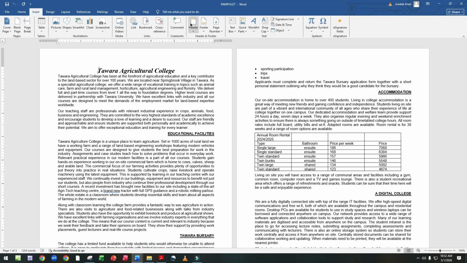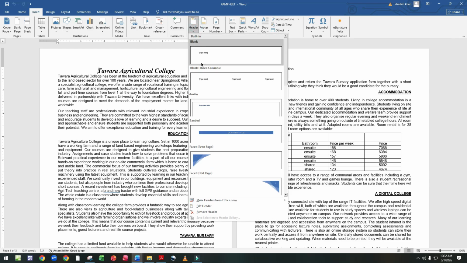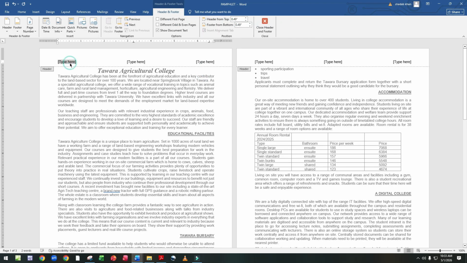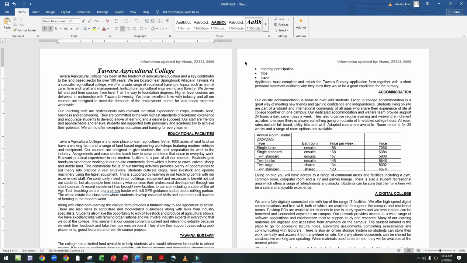Click on insert, go to header, select blank 3 columns, remove the left aligned, remove the middle aligned, and enter in the right aligned part the text information updated by followed by a space, then name, center number, then candidate number. After this, close the header.